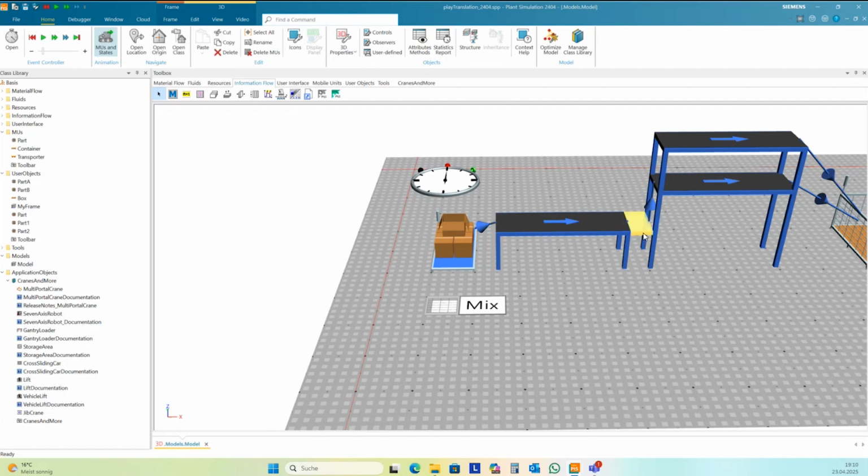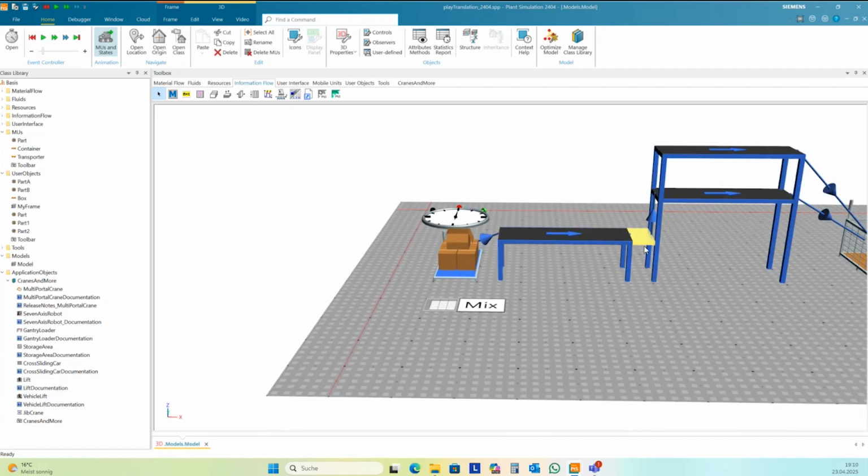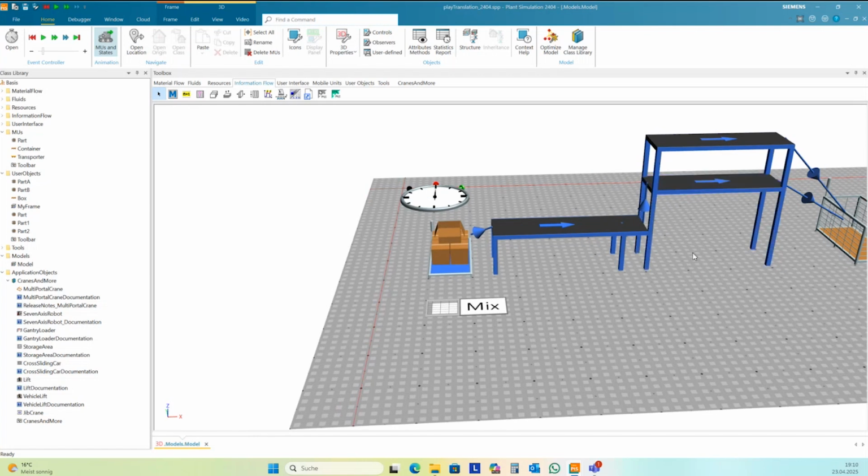And now I need to develop one small method to move this conveyor element in that direction. And we have several ways to do this in Plant Simulation. One way would be to create one animatable object here on this conveyor and then move this element up and down.